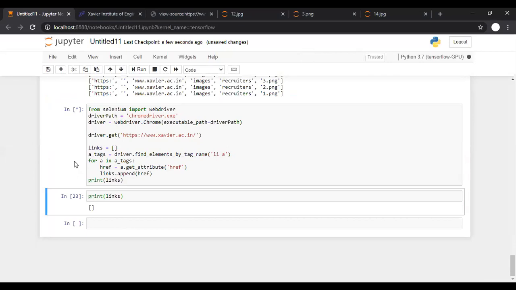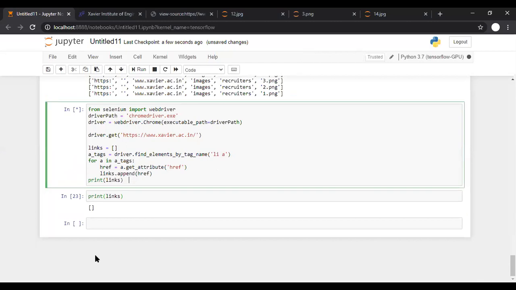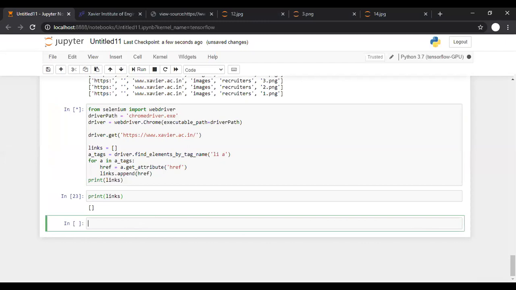So yes, the page is getting loaded, and I'm waiting for that. Page loading.